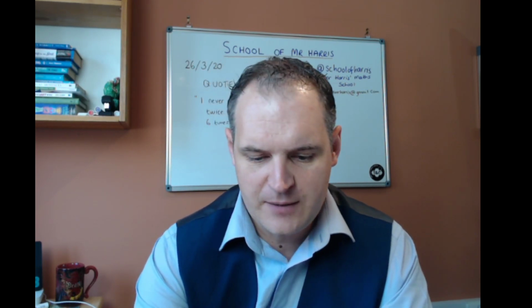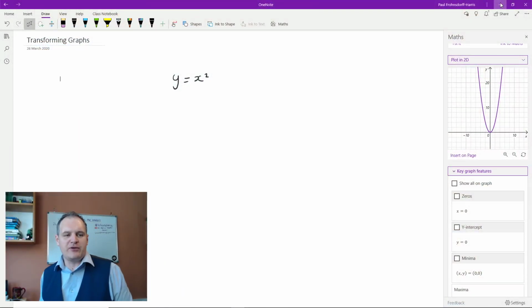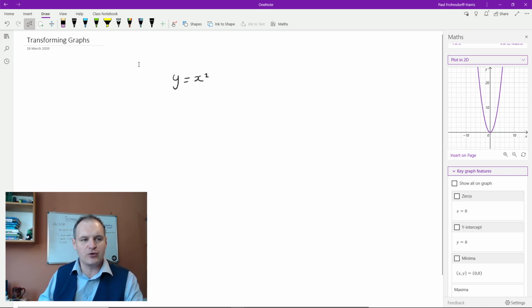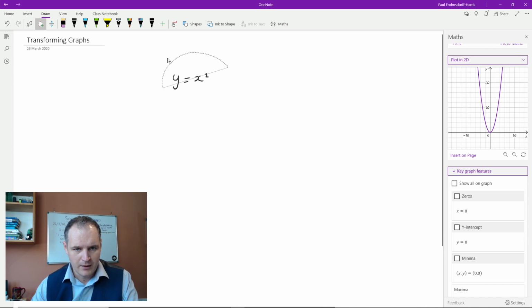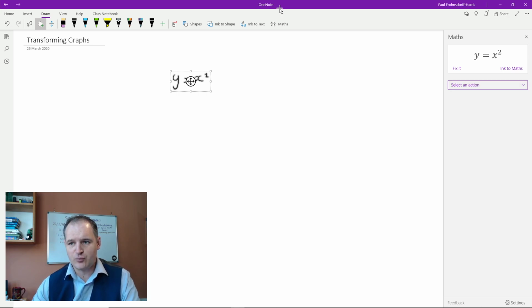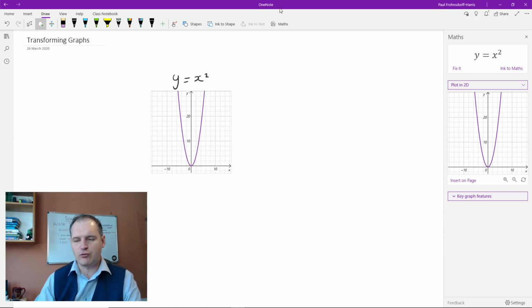So, hopefully, you can now see me. And I'm in a piece of software called OneNote because it's got some useful stuff, especially for higher tier GCSE and A-level, calculating things out. As you can see, I'm going to start off with the equation y equals x squared. When I highlight it, it allows me to draw around it, and then it identifies that it's to do with maths. So when I click maths, it says it's y equals x squared. I can now select an action, which is to plot it,